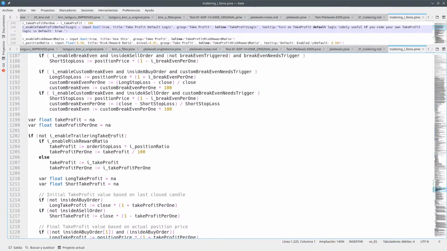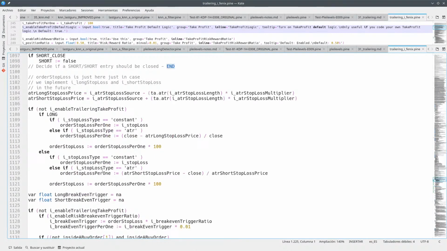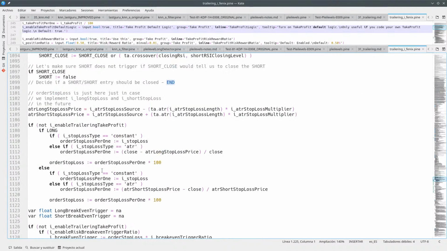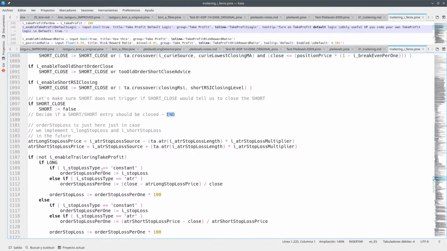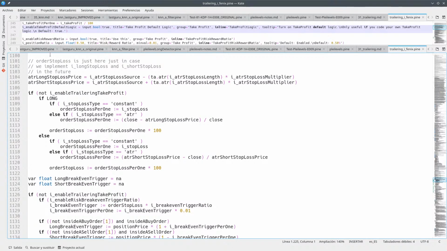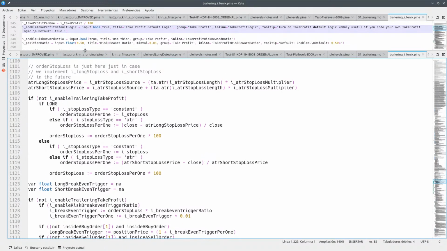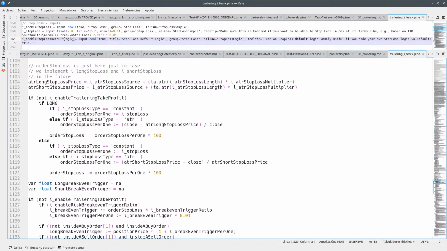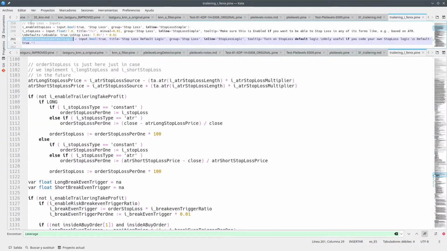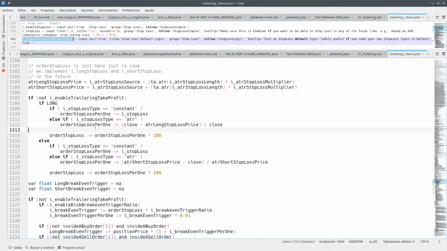So if not enabled, this is going to be if we have take profit or whatever, and it will depend on all of this. So the first one we need is the stop loss one, the way I'm checking this. So this is going to be copy, and so here we're going to have stop loss. If you take a look at it,